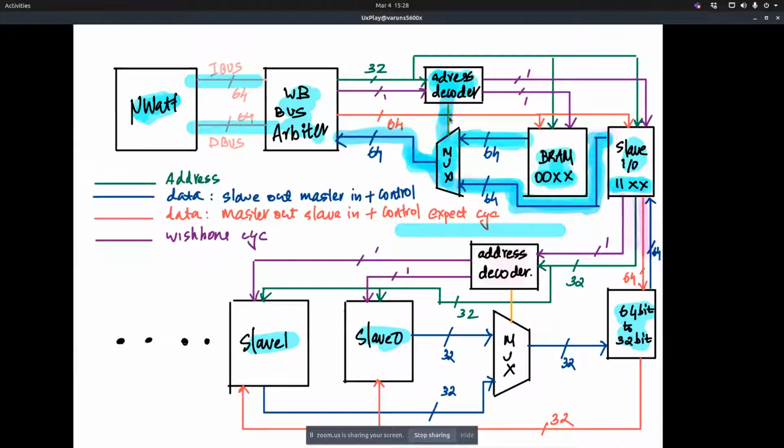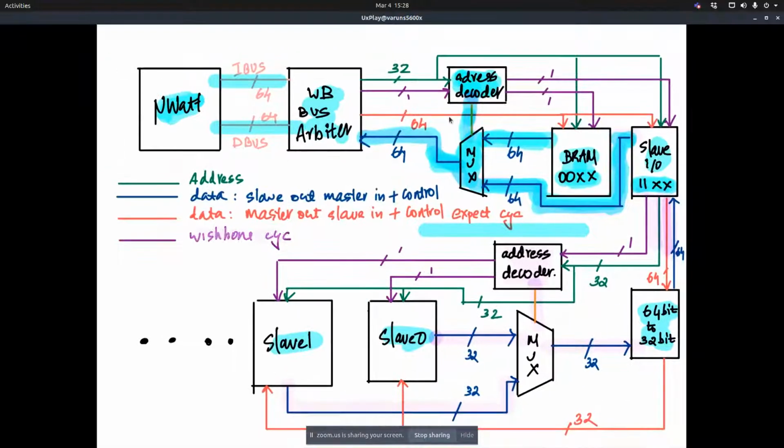And from there, again, the other bits of the address are checked to do the same thing we did here. So based on the address, the output from one of the slaves is selected and passed back to the processor. For the slave select line, what the SOC uses is the Wishbone CYC